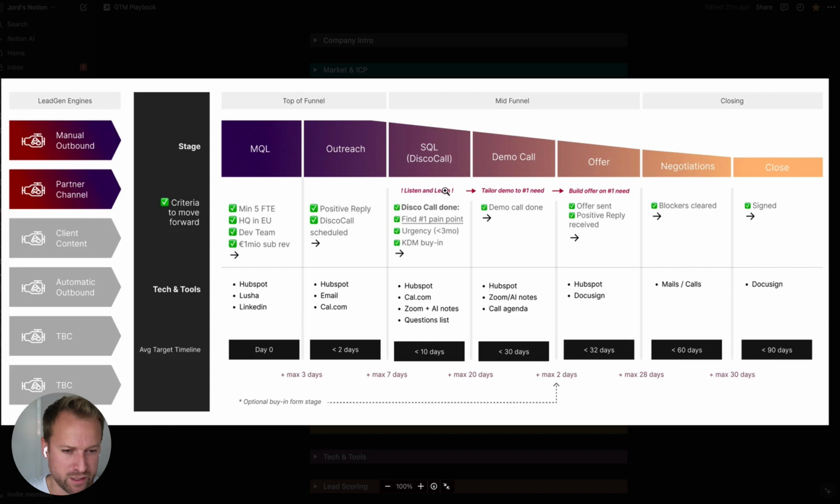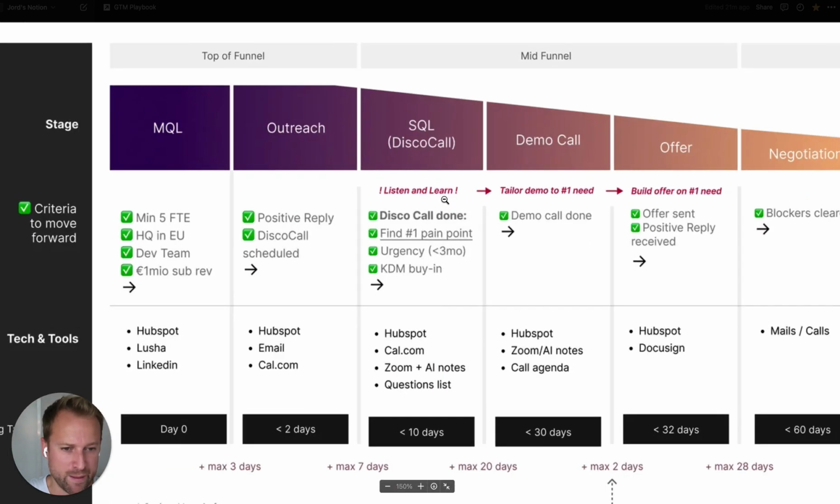The one thing I'll zoom in on here is what happens on the disco call and the demo call. These are, in my experience, by far the biggest levers you can pull in a funnel. So assuming you can get leads to move through this funnel reasonably well, the biggest drop-off rate I've seen on average, there are outliers, but on average, is in the mid-funnel during a discovery call. And if I zoom in on what particularly goes wrong in the discovery call, it's that sales teams, especially more junior BDRs that haven't had the experience of really selling by asking questions and selling by listening mainly,